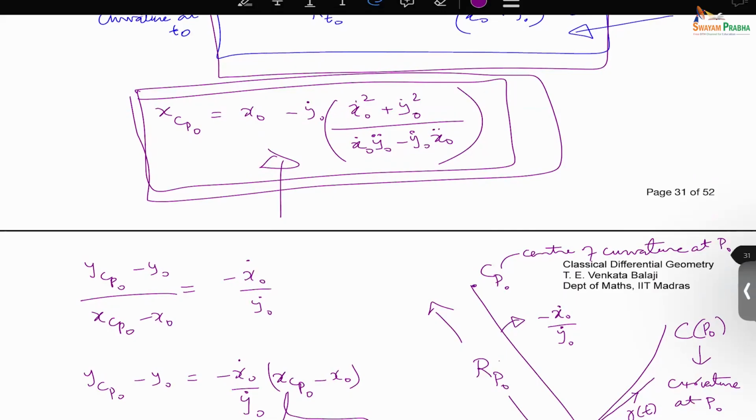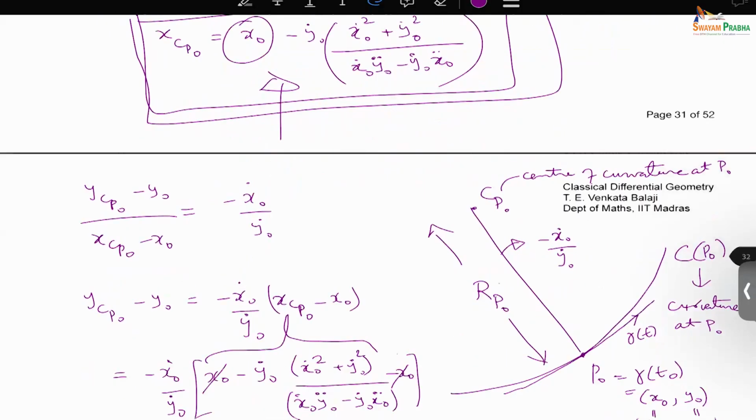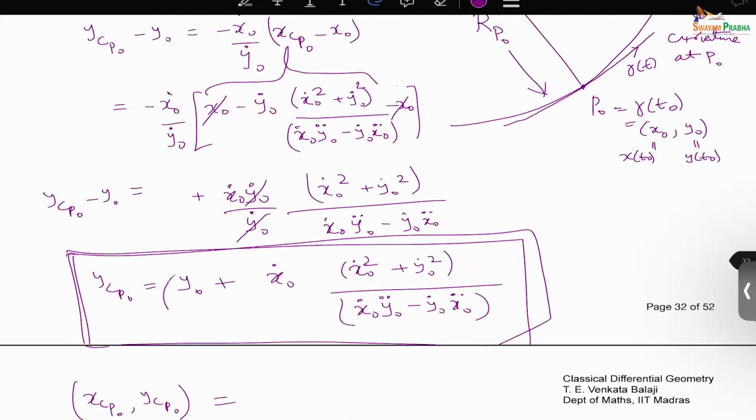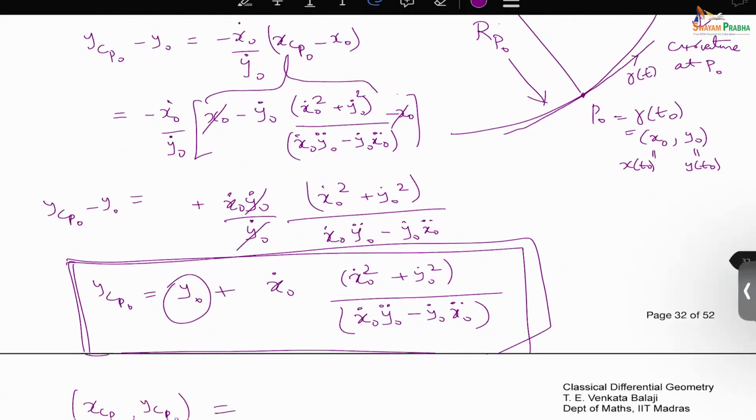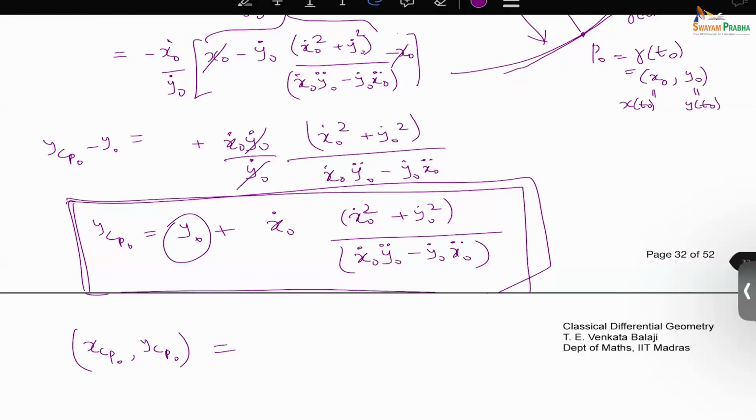Put them side by side. Then you see the first component is x naught here, and here you are getting a y naught. So I should write x naught comma y naught plus,